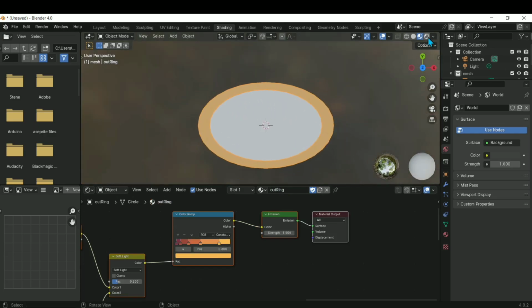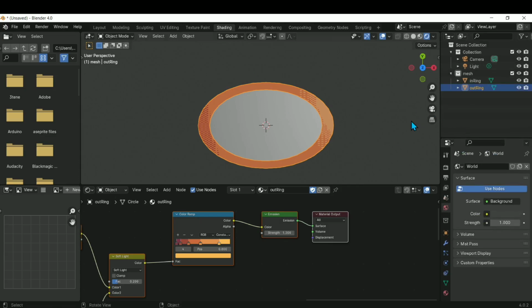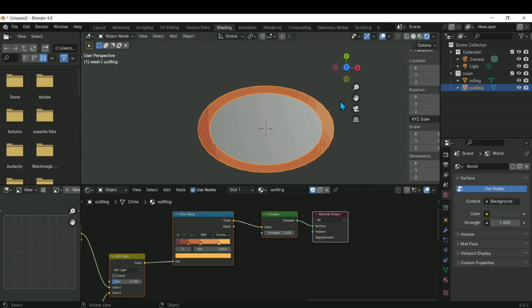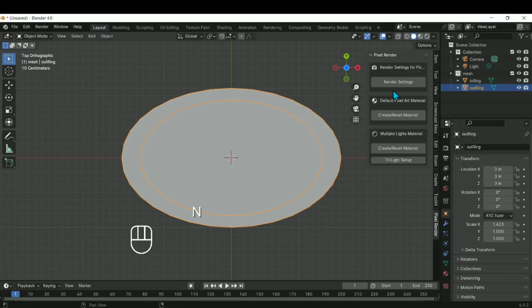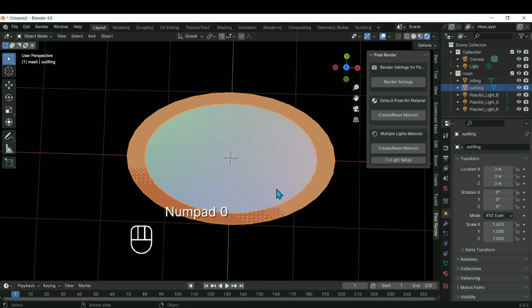Let's go to render view here, and this is the preview. However, it doesn't look all that fancy. Let's add the trilight. Press N. Let me go to layout here. Press the trilight setup. Now you'll see the pixelated material,